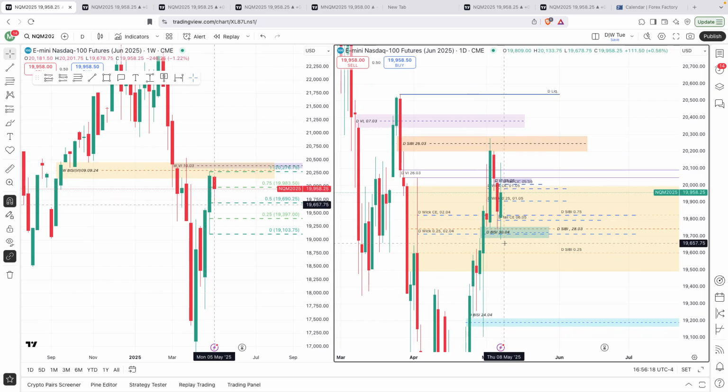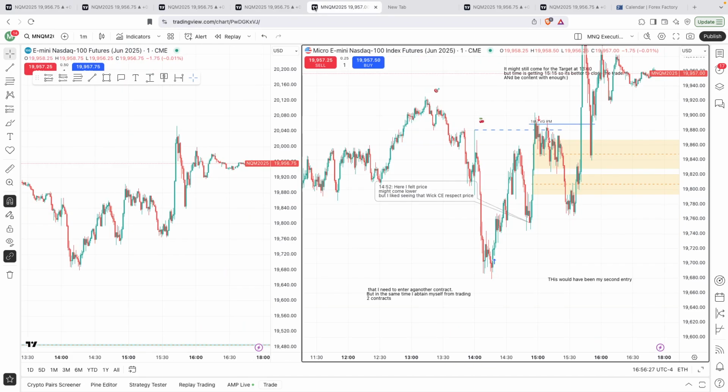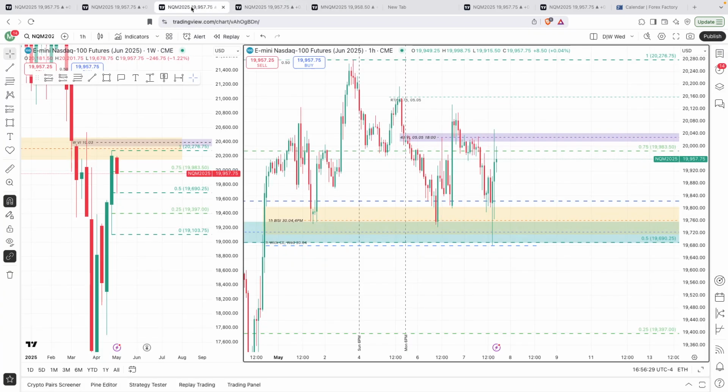So we're waiting for price to come into a discount array. And then if we see an entry pattern on the lower time frame, then we can use that for our entry. And this is what we've seen today. So we had our daily chart,